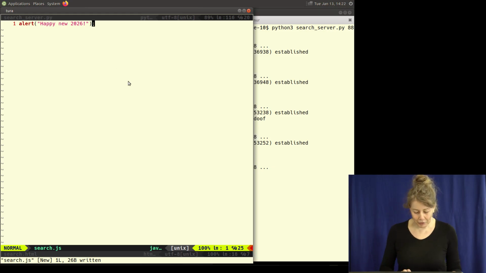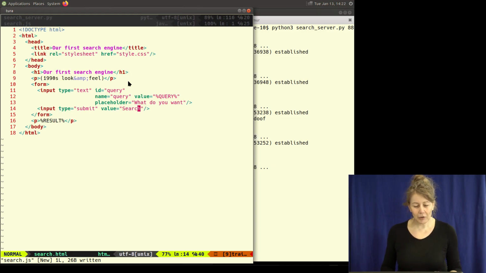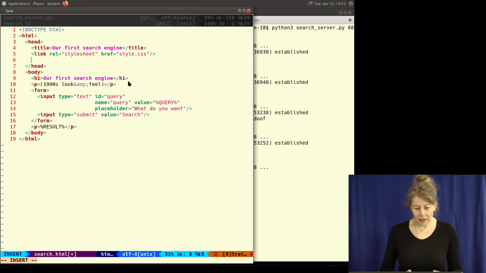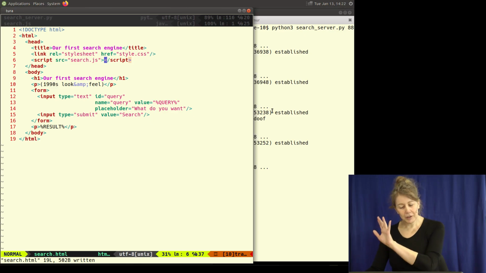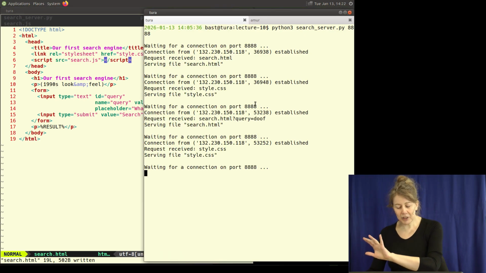And now we have to invoke it. How do we do that? Well, in our HTML, we write here script, and we don't want script.js, we just want to say, we called it search.js script. So now, when the web page loads, and let's just do that,